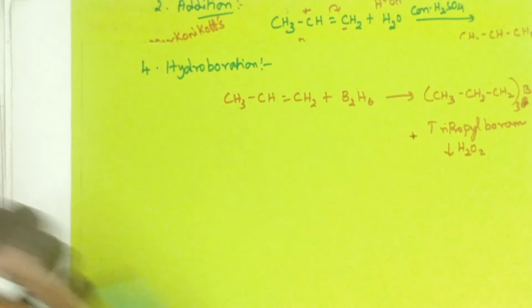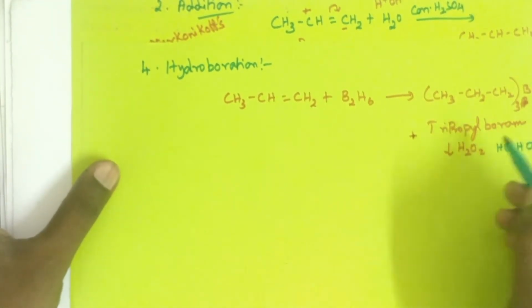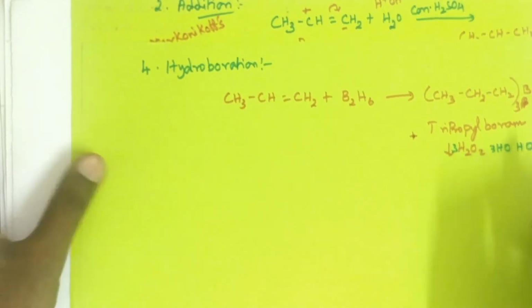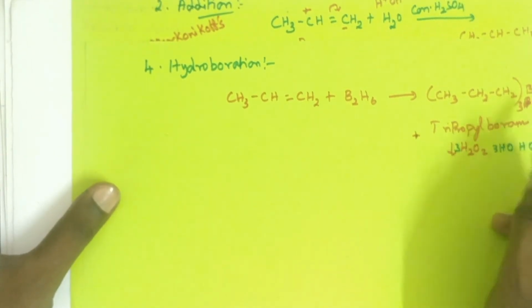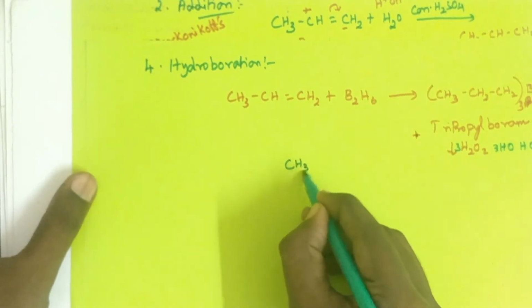H2O2. So H2O2 we can write it as HO and HO. You take 3 hydrogen peroxide, so it contains 3 plus 3, 6 OH groups. So 3 OH is added over one alkyl group. This 3 OH is added over to the boron group. The product formed is CH3,